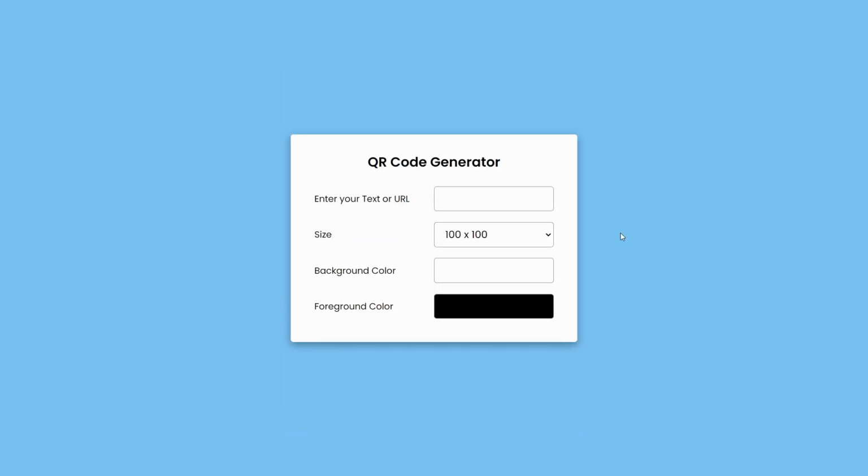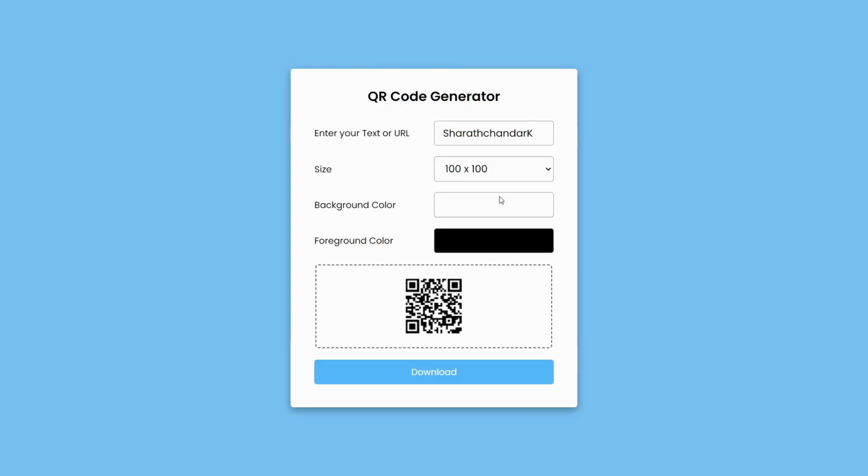Let's have a quick demo right here. On the screen we can see the QR code generator with four fields. The first field contains "Enter your text or URL" with an input. Once the user enters the text or pastes the URL below, it will automatically generate the QR code with an animation effect